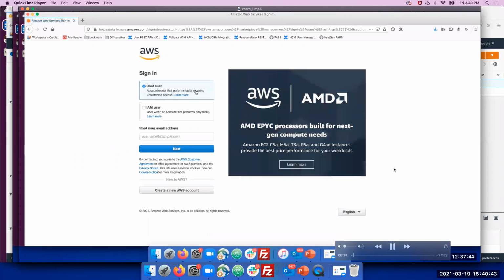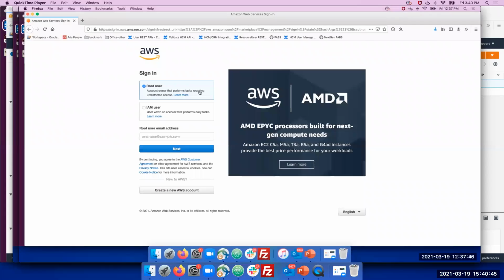Here, to create an EC2 instance, we have to log in as a root user. So you can use your AWS account user email address and password to log in. I'm using my email address, which I created earlier.